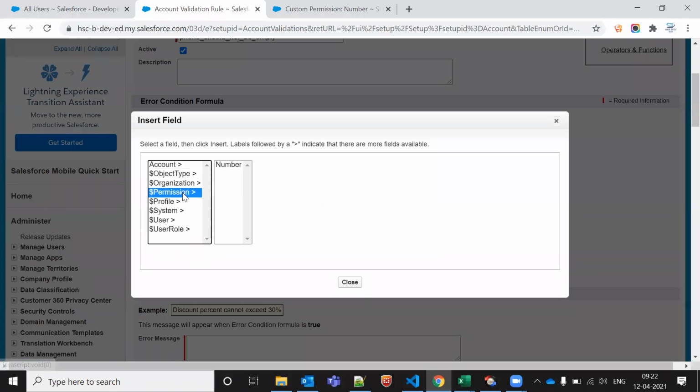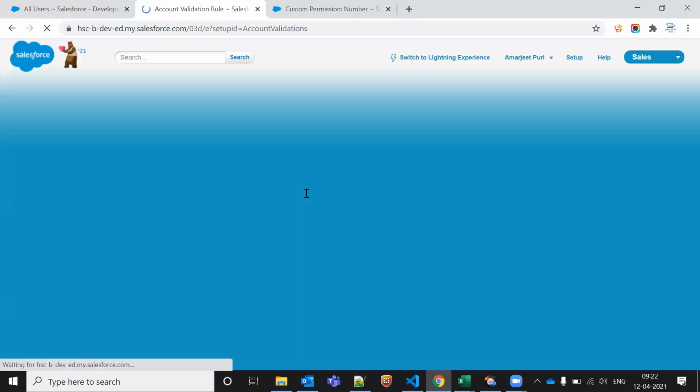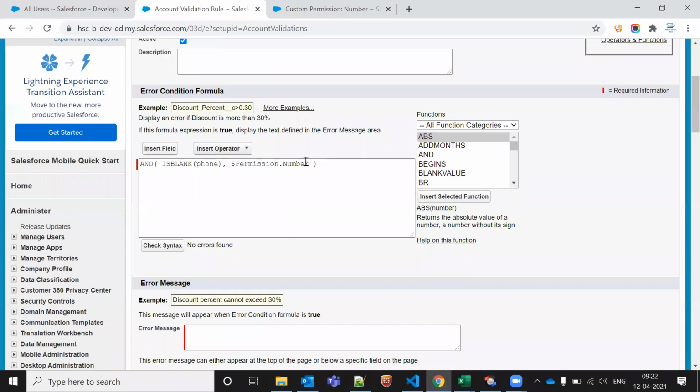Permission. Yes. I think you tried. Great. And it is false. Because if it is there, it will throw an error, right?